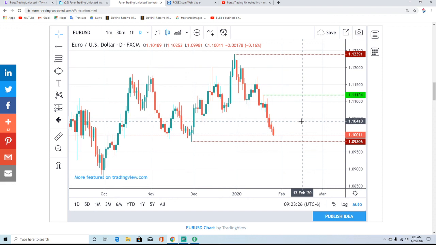So right now, when it comes to the euro US dollar trading expectations, you want to be mindful of them, but still right now keep looking for more support testing as we try and figure out directions and ride this dollar bull that has been manifesting over the past couple sessions.